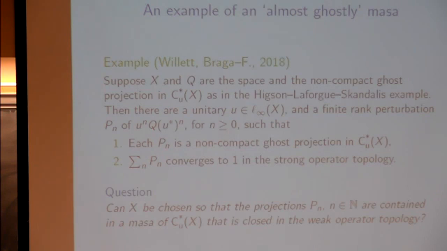Willett's original example was actually coming from a property tau group, but he proved that in his case this doesn't work. Well, this other case is vague enough. There are all sorts of expander sequences that we don't really know whether it can be pushed or not. Okay, any questions?